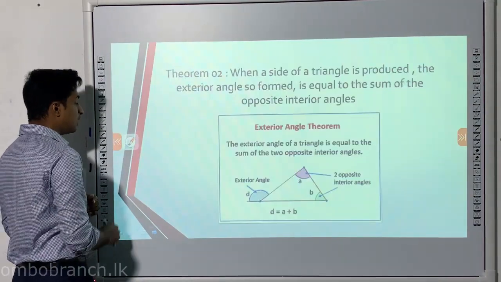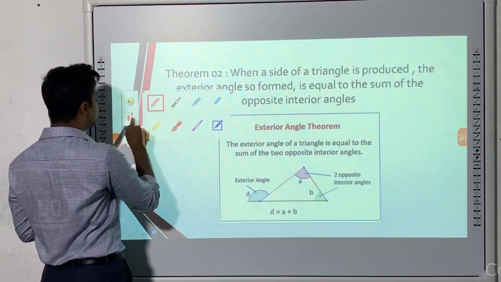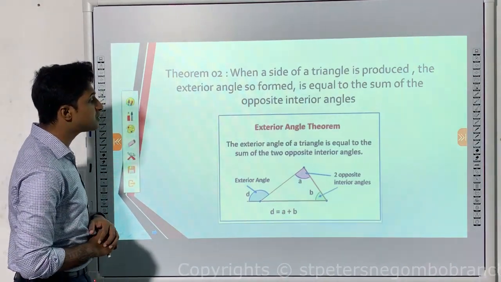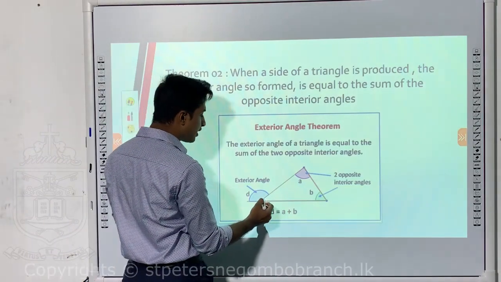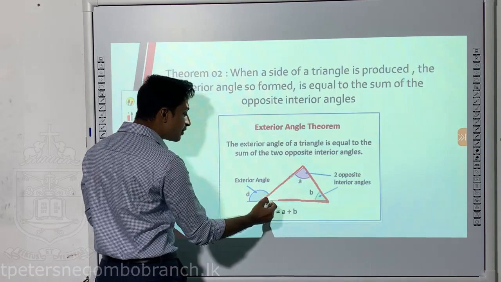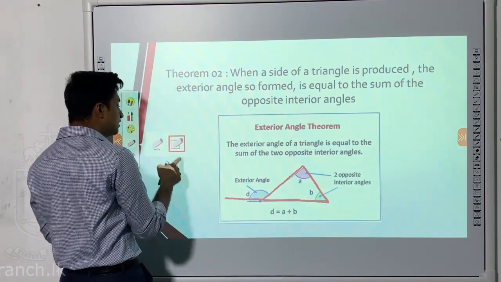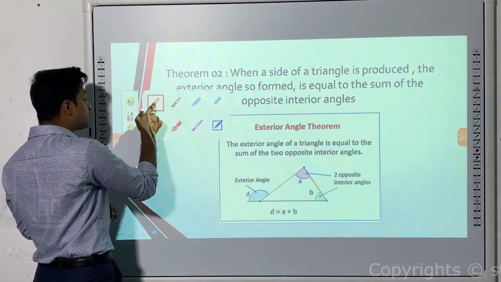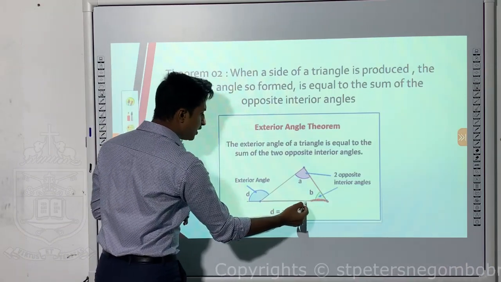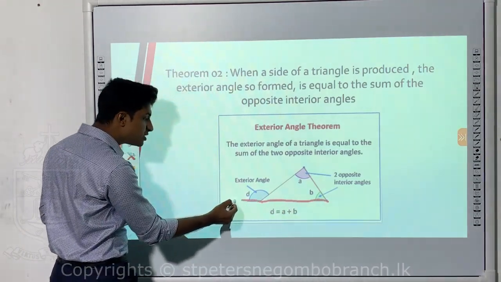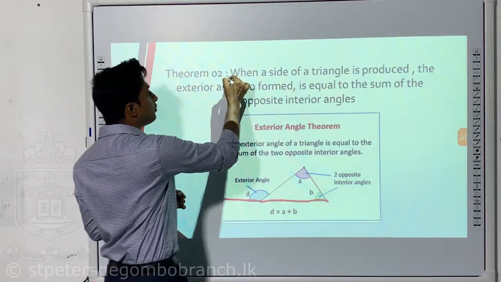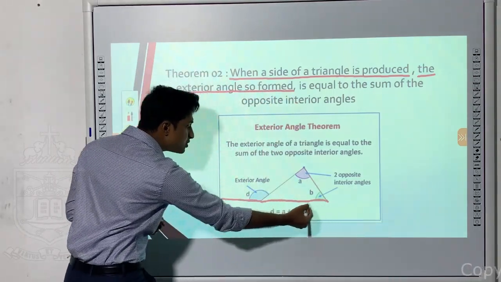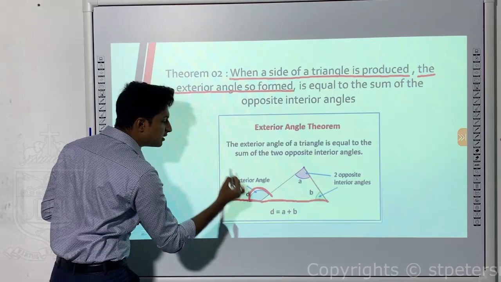Next. Right, now we are moving to the new theorem we have to learn in this year. That's very important. Right, this is a new theorem we are discussing. When a side of a triangle is produced, that means if you take the triangle, look at this triangle very clearly. I have produced a side. Producing a side means, children, I'm going to extend a length. When a side of a triangle, this is one side, I have produced it. That is what, when a side of a triangle is produced, the exterior angles are formed. Now when I produce this side, I have this exterior angle.